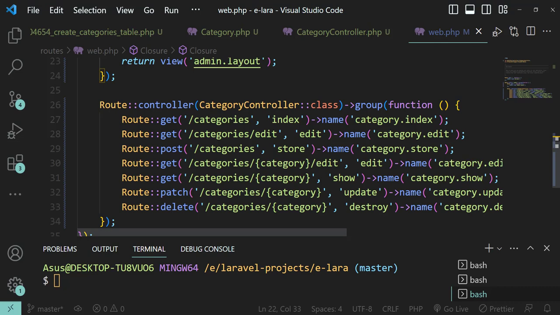So what we can do is manually put some data in the categories table and then define the logic for this index method in the controller, which will display all the data from the database table in the browser. But for that, we need some data defined in the database table. So either we can insert some rows in the database table manually, or we can do this using another PHP